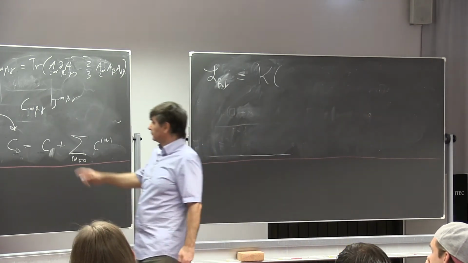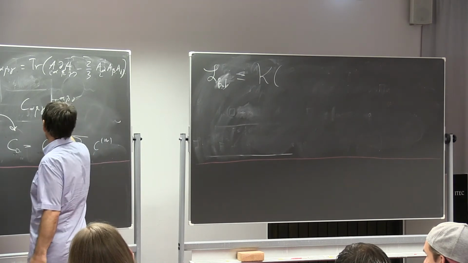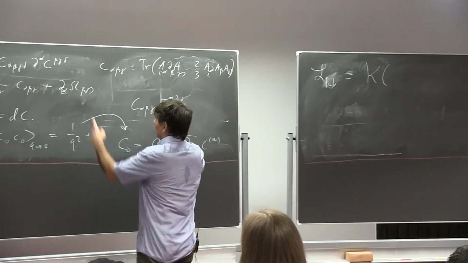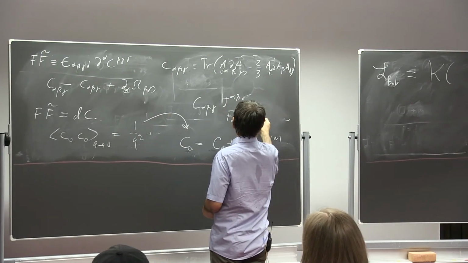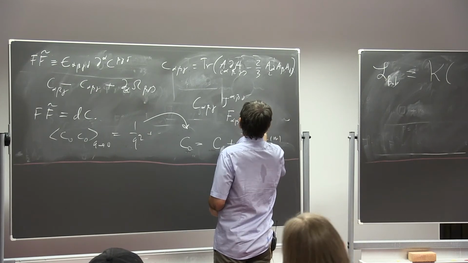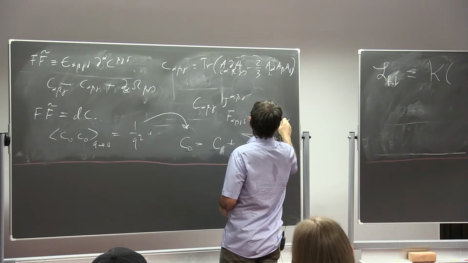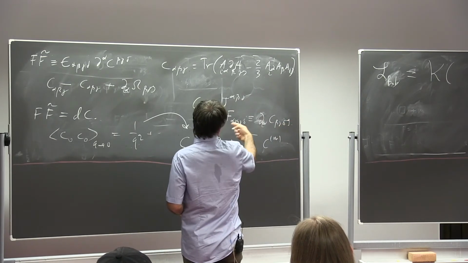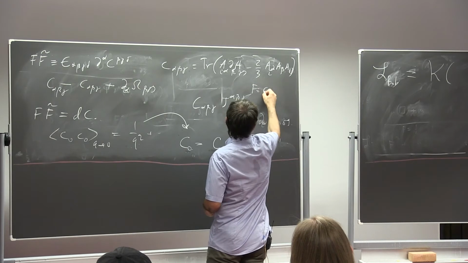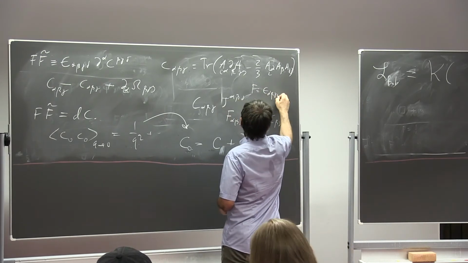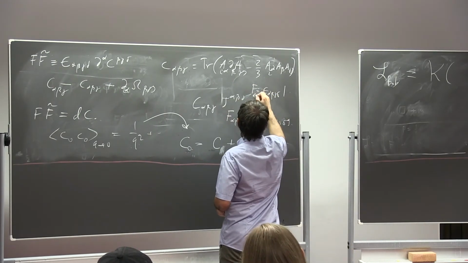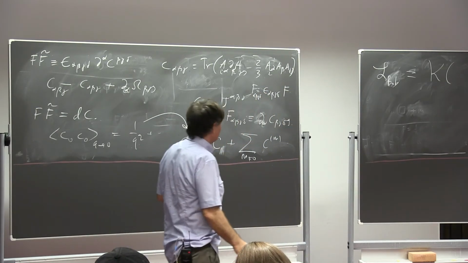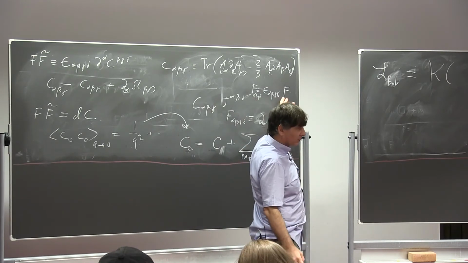The field strength of C we can define as F alpha beta gamma, which is the same thing as F dual. But we can also write this F as the epsilon tensor times a scalar, exactly the same way we did it in 1+1 dimensions. So then there will be an algebraic function of this F